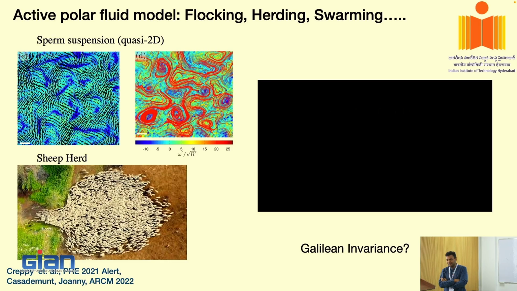Maybe I can add a comment here. Mathematically, it's very easy to see if you break Galilean invariance. You have a PDE, the Navier-Stokes equation, and you replace v with v plus a constant c times t. You substitute the old v with this new v, called v tilde, and then if the PDE that solves v tilde is exactly the same as the PDE that solves v, the PDE is invariant.